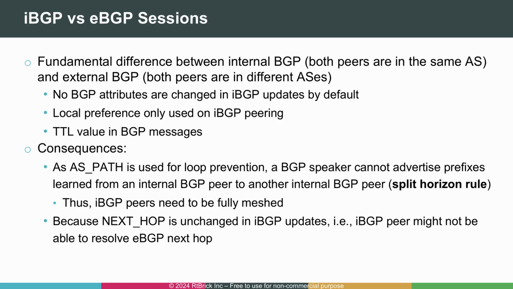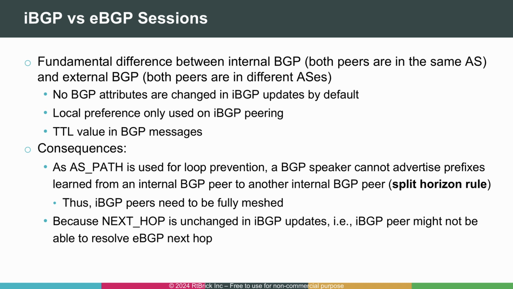From an operational standpoint, though, there are key differences between iBGP and eBGP. The most important is that BGP path attributes are not modified when routes are advertised to internal peers. This has a major impact. As we've learned, the AS path attribute is used for loop prevention in BGP. If the AS path isn't updated, which makes sense for route updates within an AS, then there's no built-in mechanism for loop detection. As a result, a BGP speaker is not allowed to advertise prefixes learned from one internal neighbor to another. This is known as the BGP split horizon rule, and it requires that all internal BGP peers be